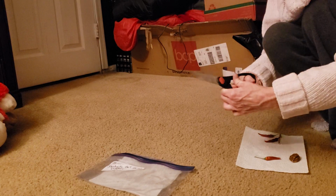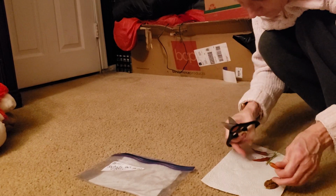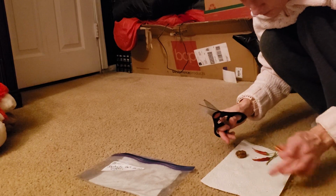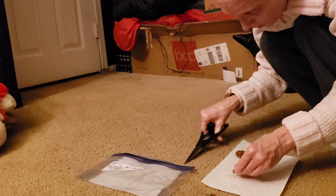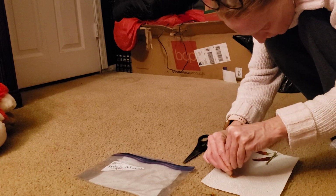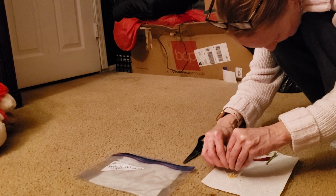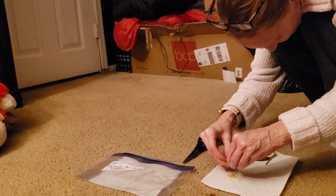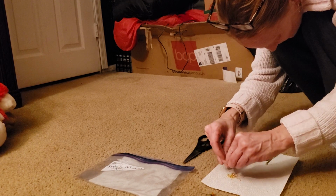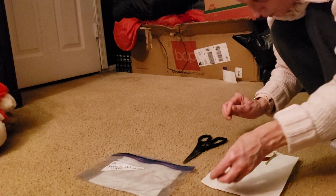Pair of sharp scissors. You want to cut the end off. You don't want to mix it with anything else. There's no other leftover seeds on here. Just cut the top off. Can you hear the pepper cracking? You just want to squeeze the pepper. This one had a whole lot in there. Remember, please do not touch your eyes. And let me show you,